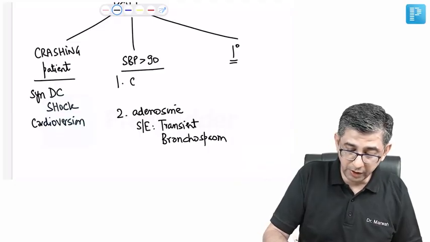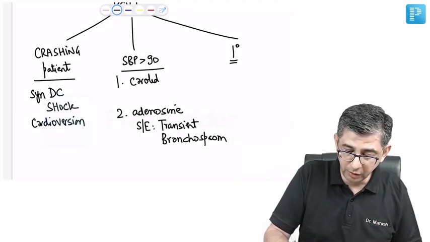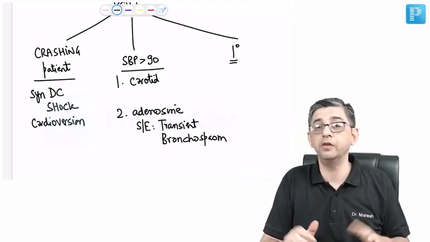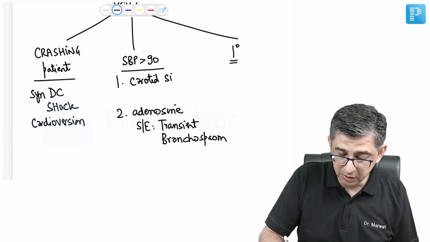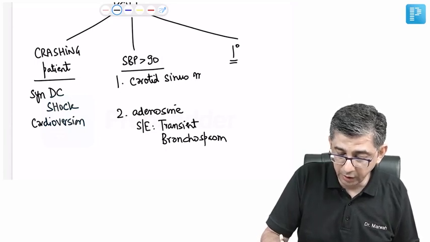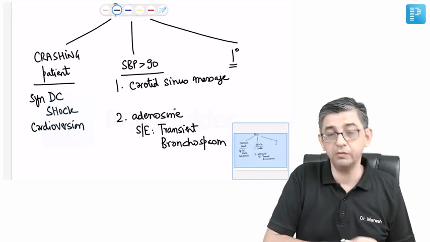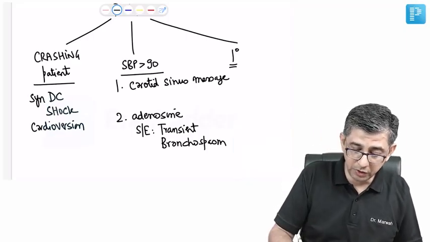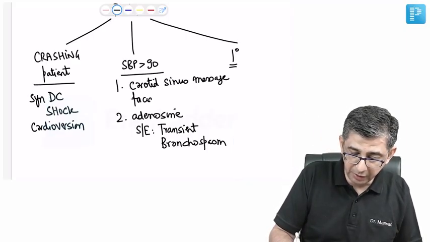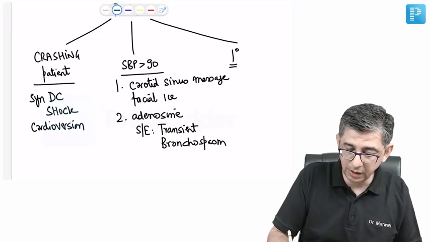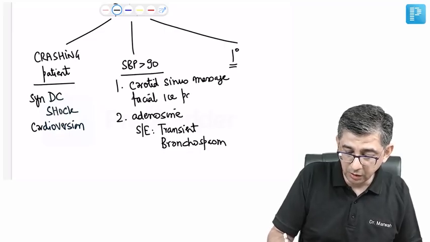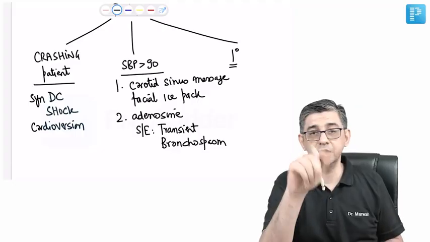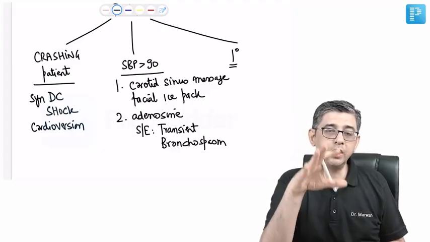But before your nurse gets the opportunity to actually load adenosine and, with your permission, give it to the patient, if he asks what is the first line management for a hemodynamically stable patient, your answer would be carotid sinus massage. Carotid sinus massage is a recommended procedure, but in pediatric MCQs you will notice that he may not mention it, or even if carotid sinus massage is given, I would recommend you not to answer it in